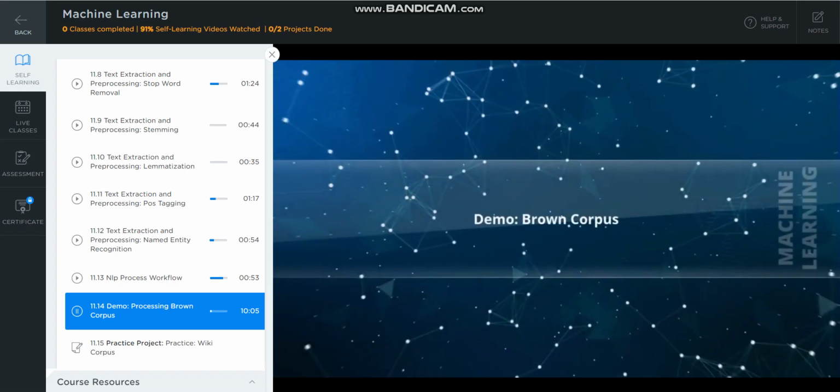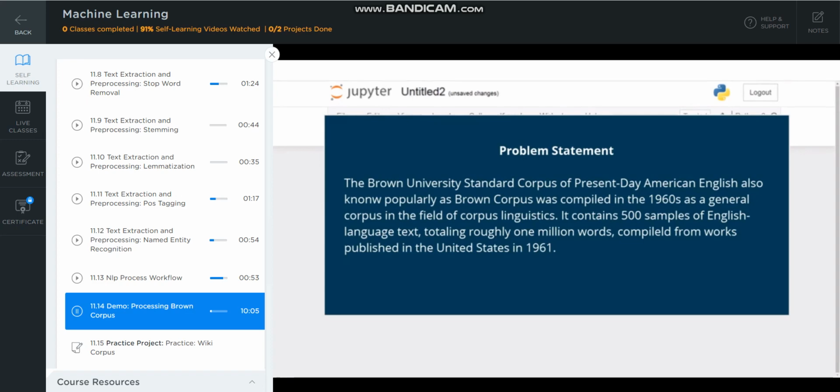Demo 1: Brown Corpus. Problem statement. The Brown University Standard Corpus of Present-Day American English, also known popularly as Brown Corpus, was compiled in the 1960s as a general corpus in the field of corpus linguistics. It contains 500 samples of English language